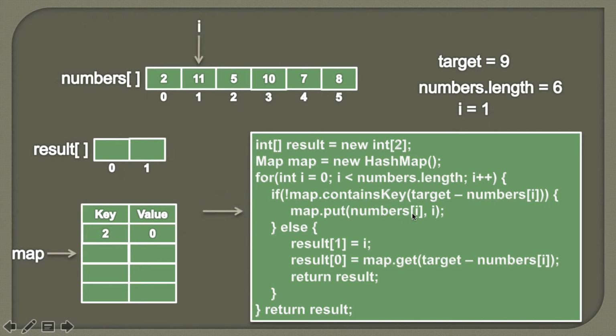and we'll simply put the number at ith position along with its index value. So we'll put 11 and 1. So 11 is the number at ith position and the value is the index position, which is 1. So basically friends, we are putting these numbers so that we can have a quick lookup into this hash map, and we can come to know whether there is a number whose addition with this current number will make the target as 9. So moving ahead,